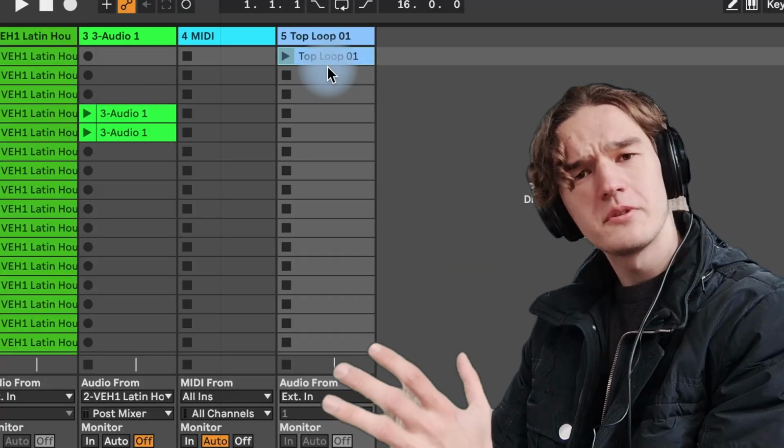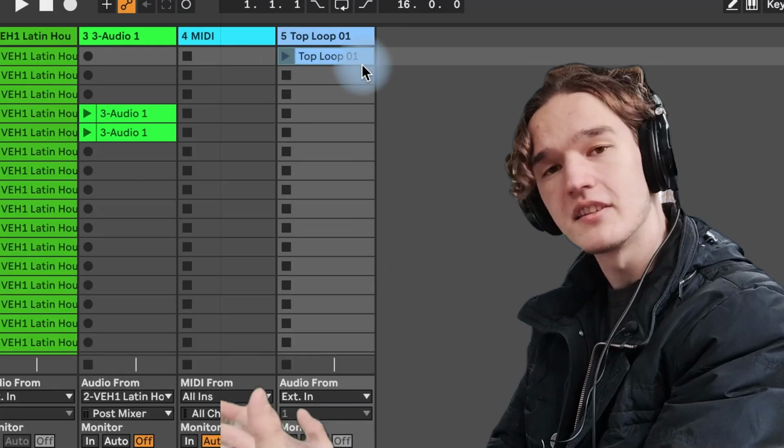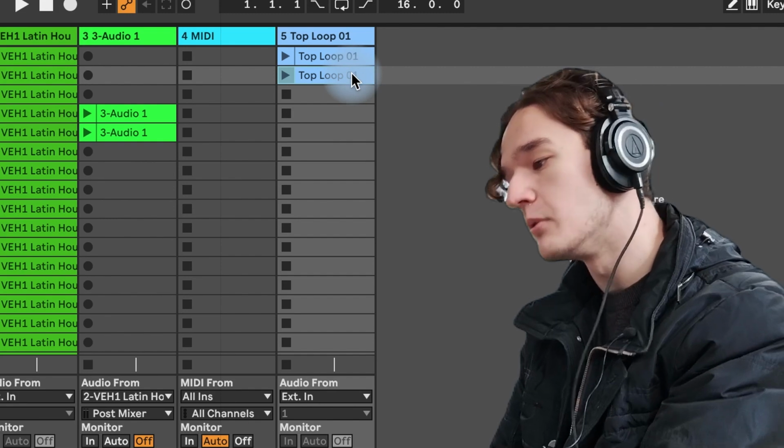So, now that we've generated some ideas, how can we arrange them in a more interesting way? Guess what? Launch mode saves the day again. I'll show you this technique on these hi-hats right here. So we've got this loop and we will duplicate it so you have two of the same clip, and we're